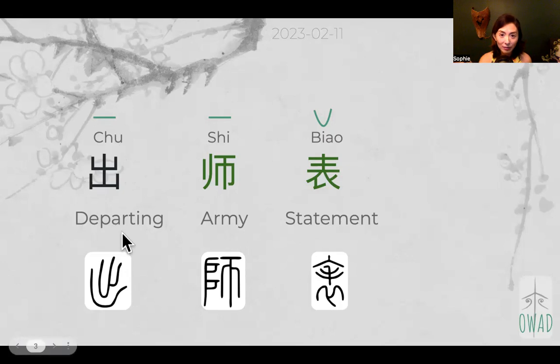Okay, 出 means departure. If you ever travel to Asia, even in Japan, I think in Japan and China, when they have this departure, 出发, and arrival, right? That's the word we use, 出. So 出 originally already has this meaning of leaving someplace. And this image of the ancient character,